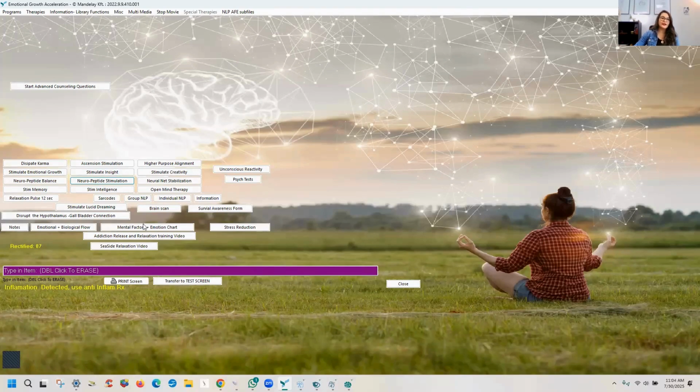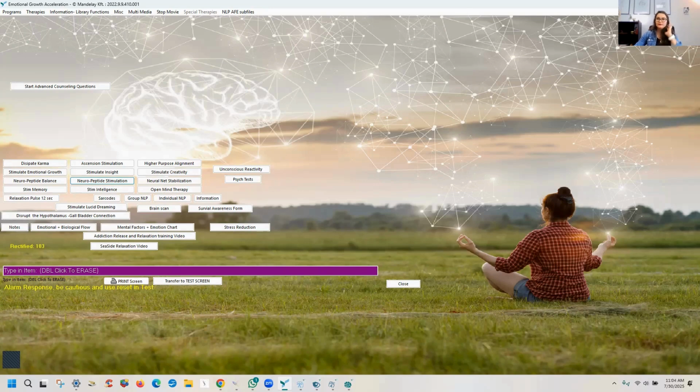Okay, perfect. The neuropeptide stimulation is very important when we're balancing out the hormones, because if we don't have this balance, it's going to be really hard for the hormones to communicate and to navigate